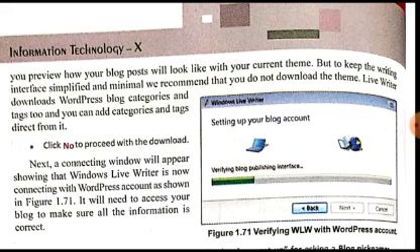It will first need to access our blog, and then it will make sure that all the information is correct. It will check whether all the information is correct or not. After it has checked, it will start downloading the different features and categories from your blog. All the different features and categories of your blog will now be downloaded into our offline account, so that we can use them for creating our offline blog afterwards.